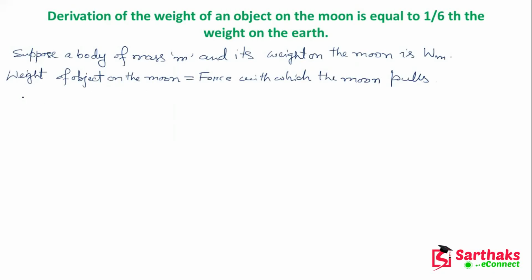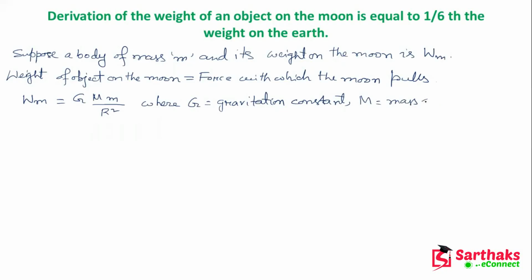So we may write the weight on the moon, Wm, as GMm by R square, where G is the gravitational constant, M is the mass of the earth,